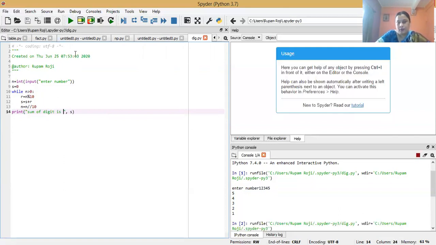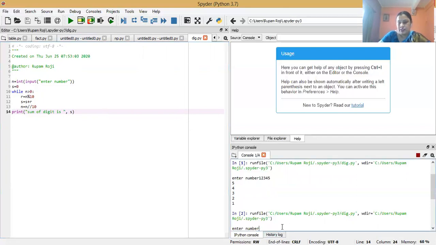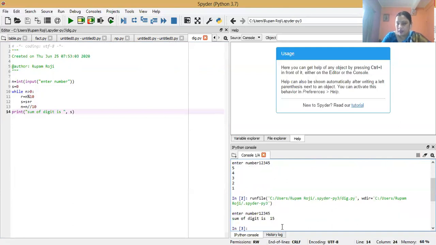And we will run the program. Suppose the value is 1, 2, 3, 4, 5. Then the sum will be 1 plus 2 is 3, 3 plus 3 is 6, 6 plus 4 is 10, and 10 plus 5 is 15. It means the output should be 15. The sum of digit is 15.